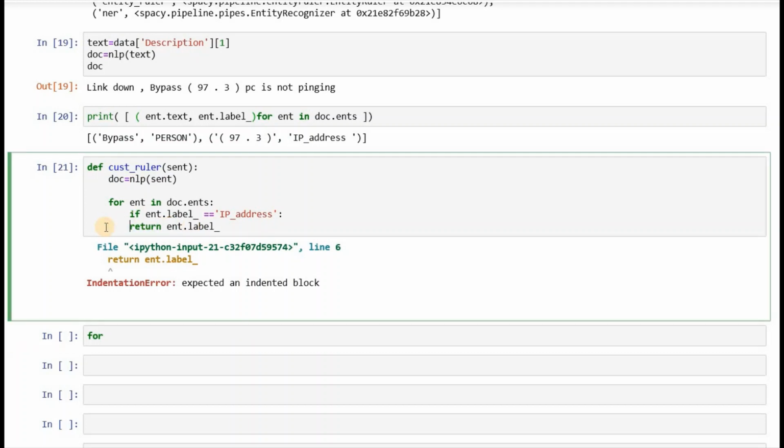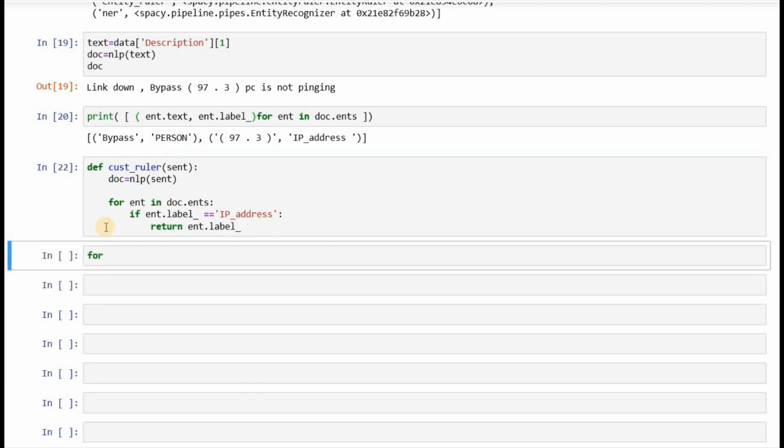Oh, it's going to be like this. Okay, so now I have to run a for loop, for i in range length of data.